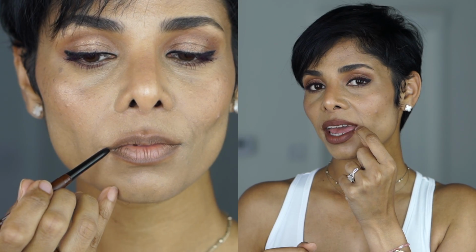We always think of blending the lip liner inside with your lipstick, but never on the outside. But when you do that, it just makes the whole thing look a lot more seamless and natural. So go ahead and apply your lip liner. When you're applying lip liner, don't go all the way till where your lip line actually ends. Stop a tad bit before that, and then take the same lip liner and create a